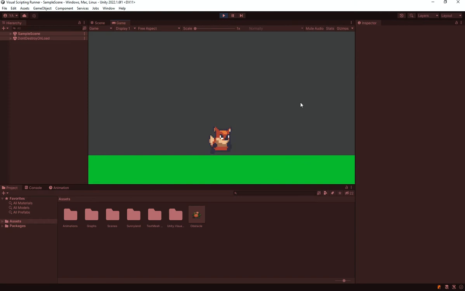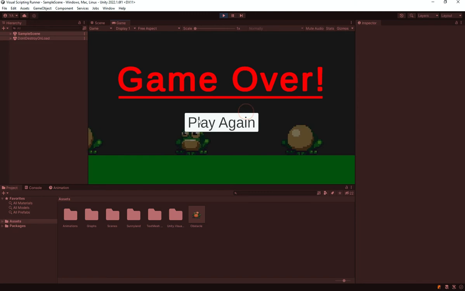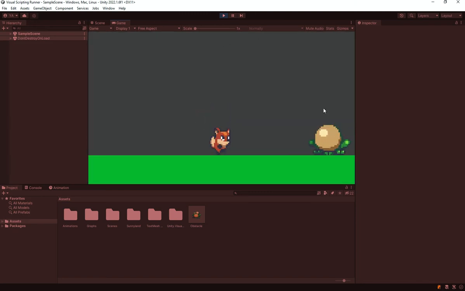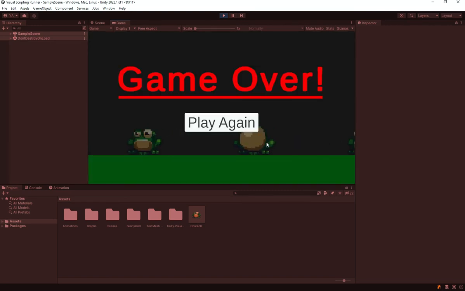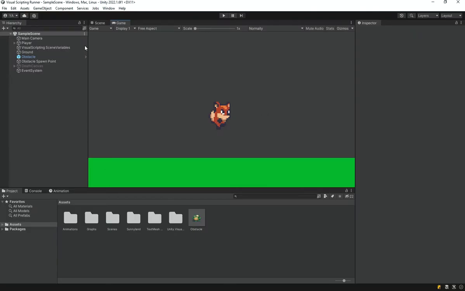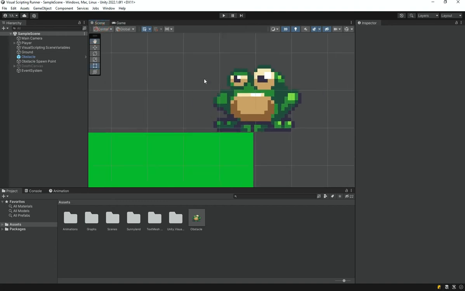But in this video we are going to, of course, change this ground and add in a scrolling background, along with adding in a kind of score counter up here, which keeps track of how far you have gone. It will basically be a meter counter using a time variable instead of counting how many obstacles we have jumped over. So let's implement that now. Before we implement the counter,